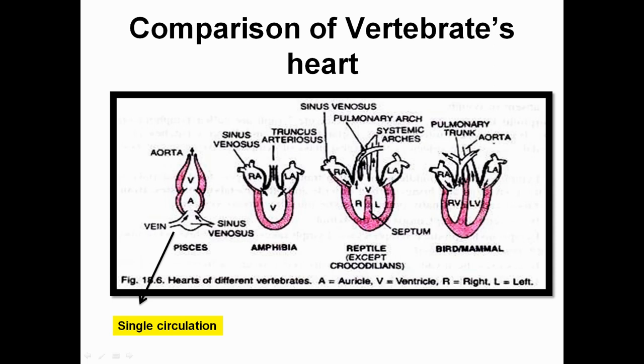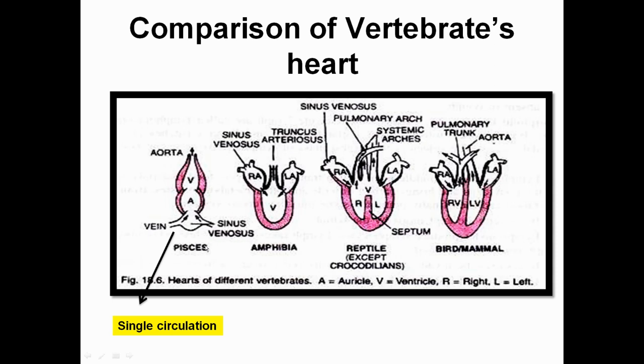It is a three chambered heart having two auricles and one ventricle which is slightly bifurcated, but it is almost three chambered. There is no bifurcation into the auricles further, so it is also referred to as a three chambered heart, except in the case of crocodiles. Crocodiles have a similar heart like us, that is four chambered, two auricles and two ventricles. Birds and mammals have a four chambered heart, that is two auricles and two ventricles.